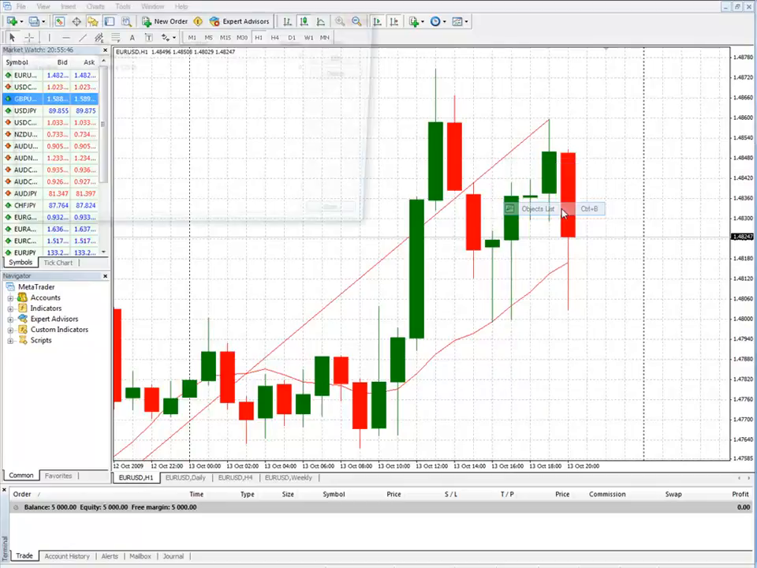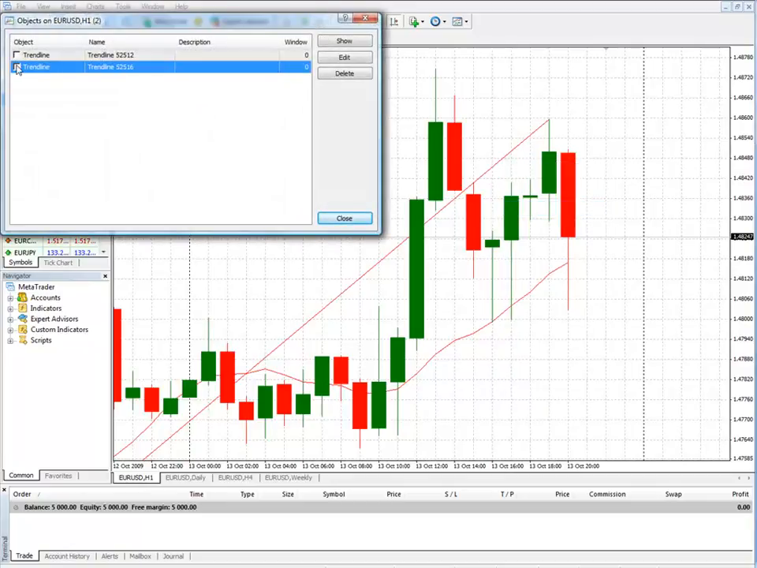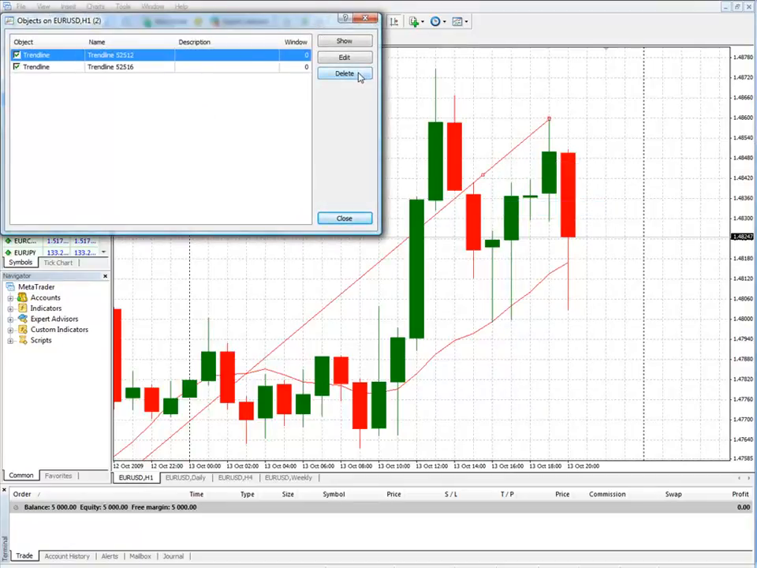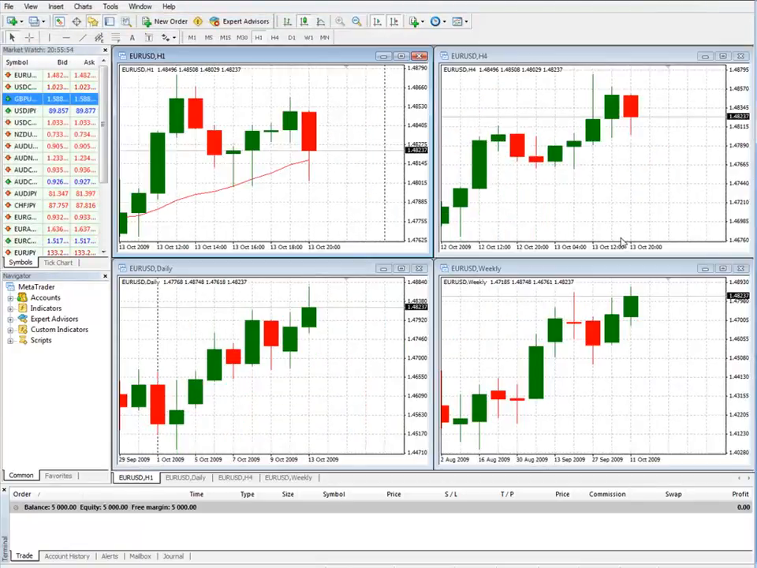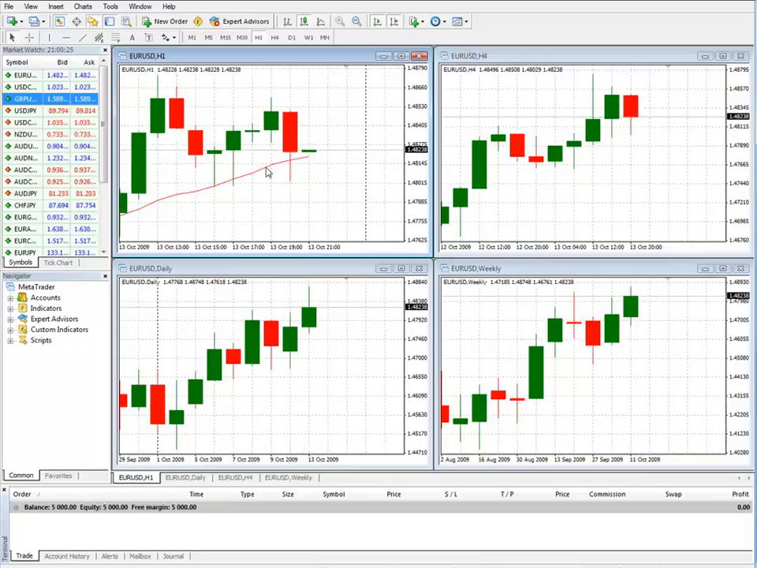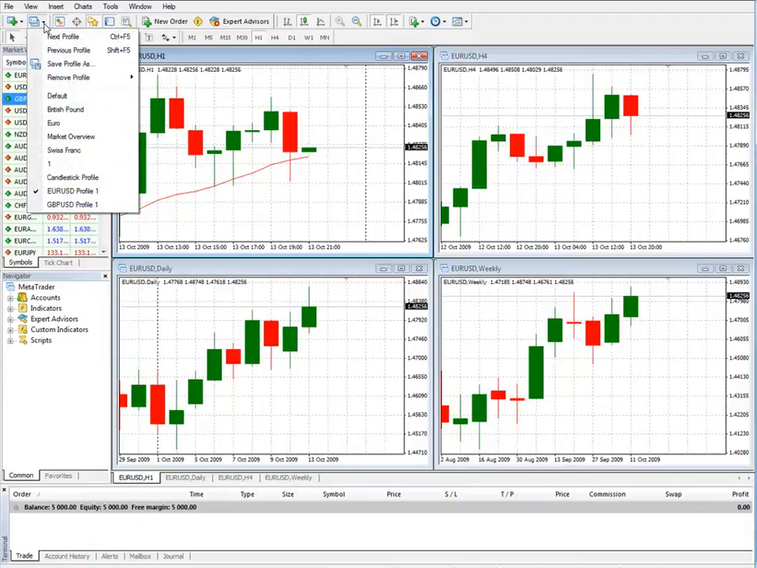Now that's going to be in the objects list. And 2 trend lines. You just delete those, and you're back to the normal chart. Okay, here's another way to access profiles. Up here you see profiles. Just click, go to the drop down menu,